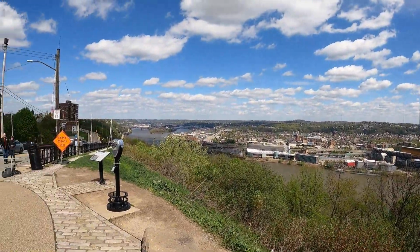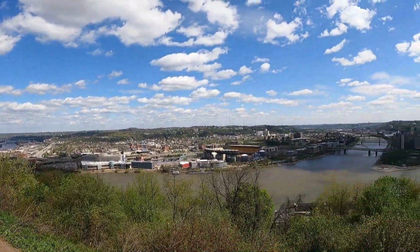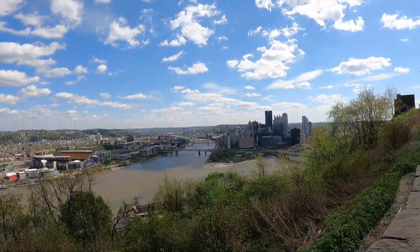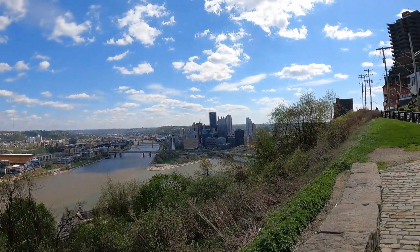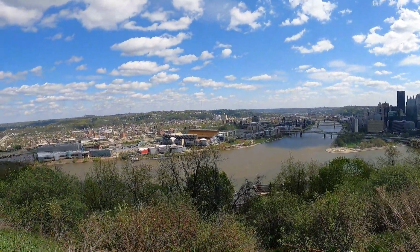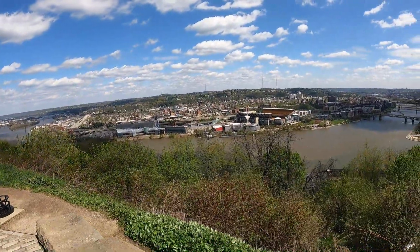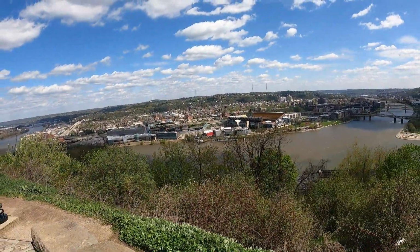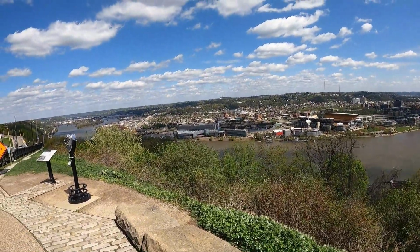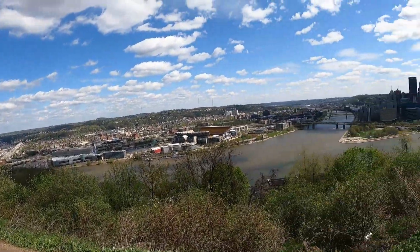I'm just going to start over here, give you a little 180. And Pittsburgh is the city of bridges. If you see all those bridges, it is said that in the city limits of Pittsburgh there are over 400 bridges. That's more than any place in the world. And there's one city in Italy, I can't remember the name of it, but they have 3 fewer bridges than Pittsburgh does. I don't know who does this research, but